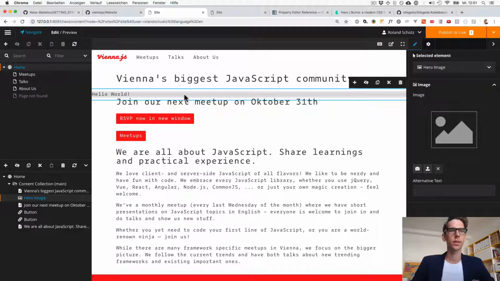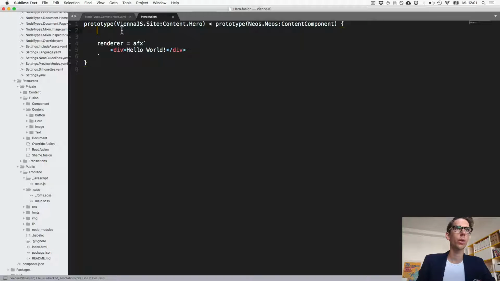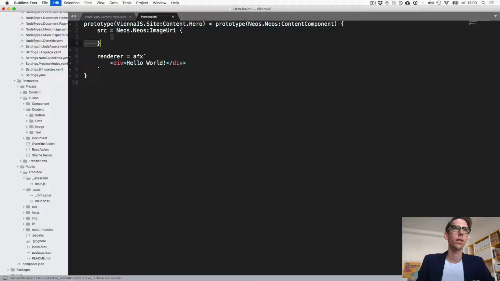So now, of course, we want to show the image. First, we have our image, and we actually don't want to have the image. Instead, we want the URL or the URI to the image. So let's say source here instead of image. And we want to get not the image interface object. To convert the resource to just a path, what we want to use here is Neos.Image.ImageUri. And this will convert an asset